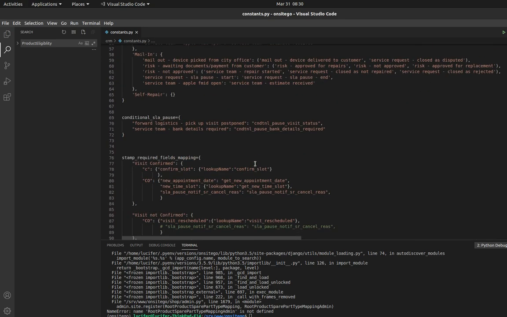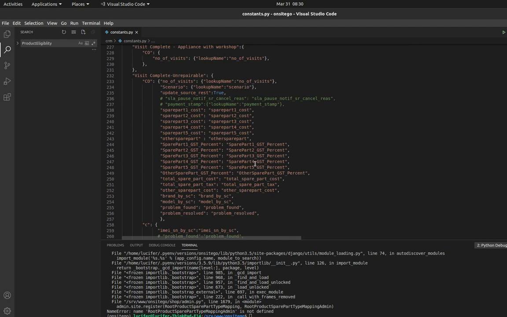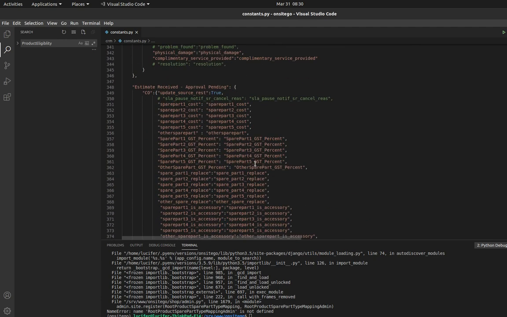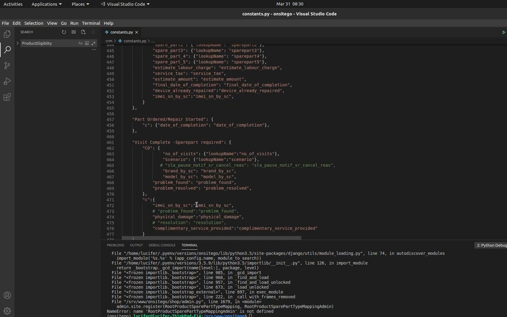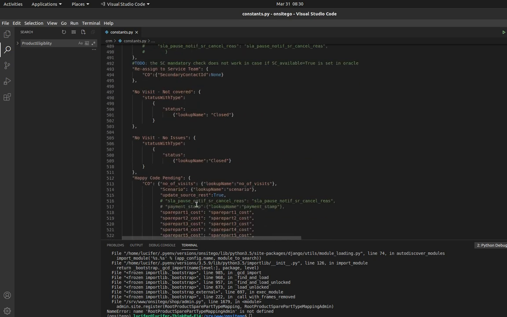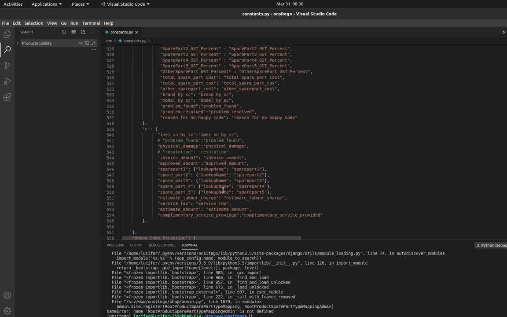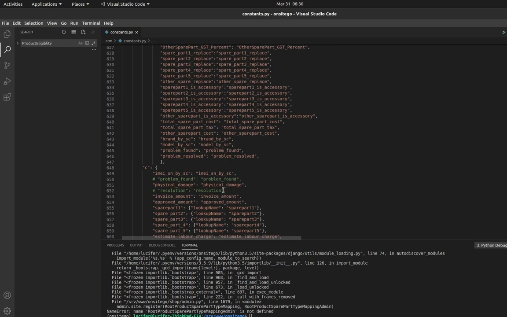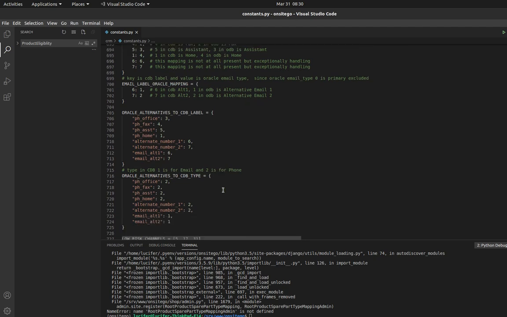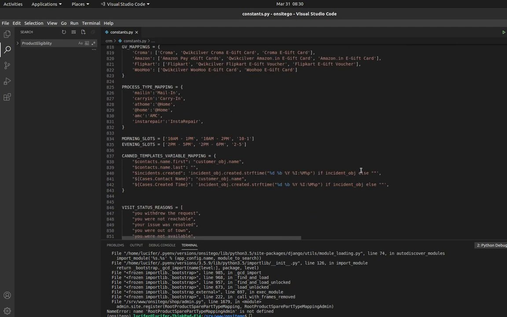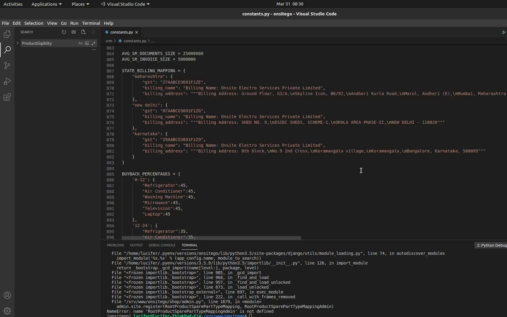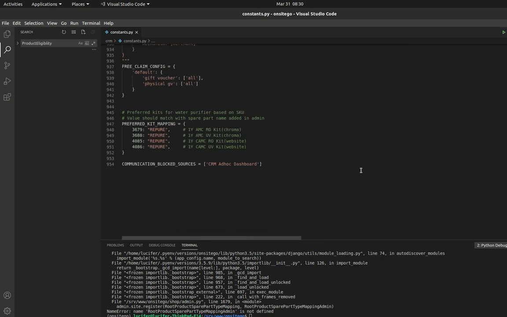Whenever we want to define constant values, we define them and we use them, to avoid accidental changes in these things. If I don't want to change these things in my code when I am using these particular data structures, to avoid those accidental changes, what we can do is make them into tuples.